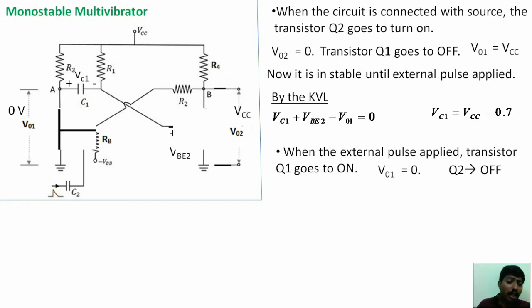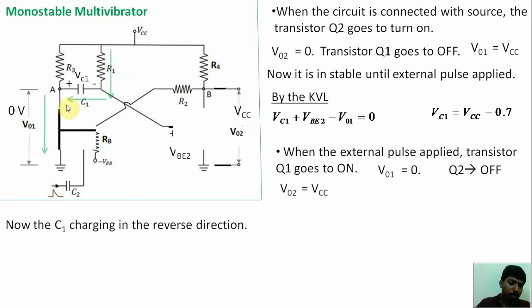Now the capacitor C1 is charging in the reverse direction in this path. Because this point voltage is 0 volts, current always flows from high potential to low potential, so it charges through this path. The time constant will be R1 into C1, with this potential plus and minus. When the voltage of the capacitor reaches 0.7 volts in the negative direction, that is, when Vc1 is equal to minus 0.7,